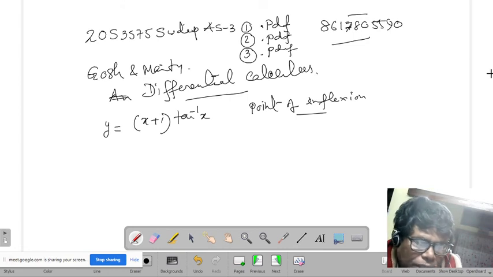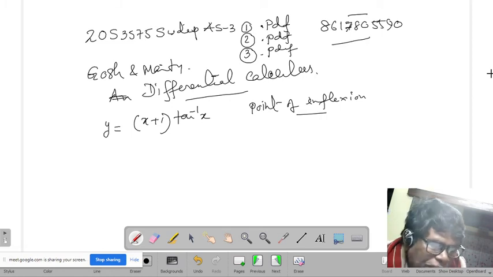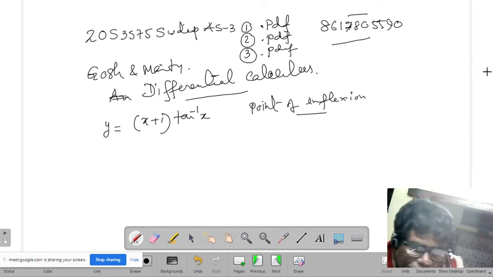Do whatever procedure I have shown you. Take the first derivative, don't put it 0, take the second derivative, then put it 0. First order critical points you find out, then second order critical points you find out, and then test in which range the second order derivative is positive and in which range it is negative. Tell me the results only.